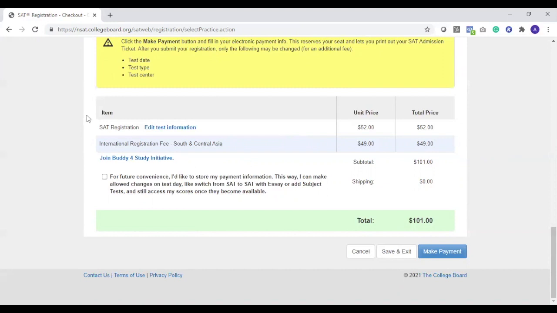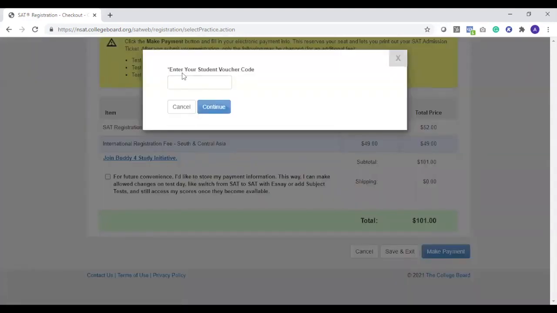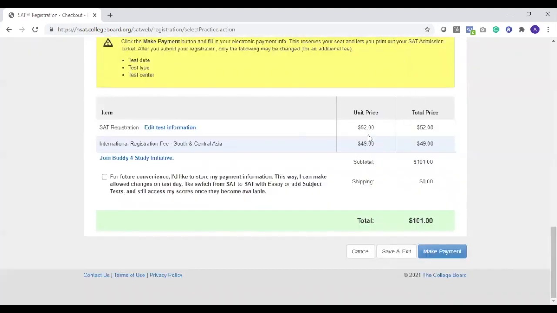Now we have reached the part where you apply the discount voucher. So for all of you who have joined a Buddy for Study initiative, where you register and get a voucher, if you have joined that initiative, you would have received a voucher code. Click on Join Buddy for Study initiative. The moment you do that, you will get this pop-up where you can put up your discount voucher and then press continue. So the moment you do that, the discount would be applied, and then you can click on make